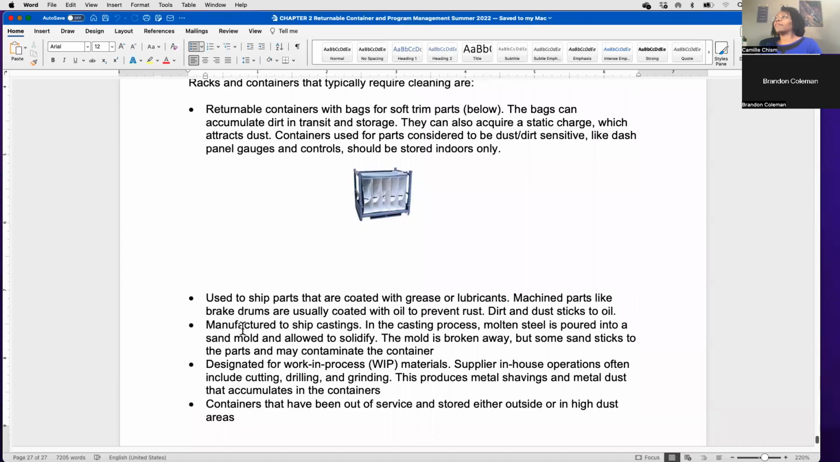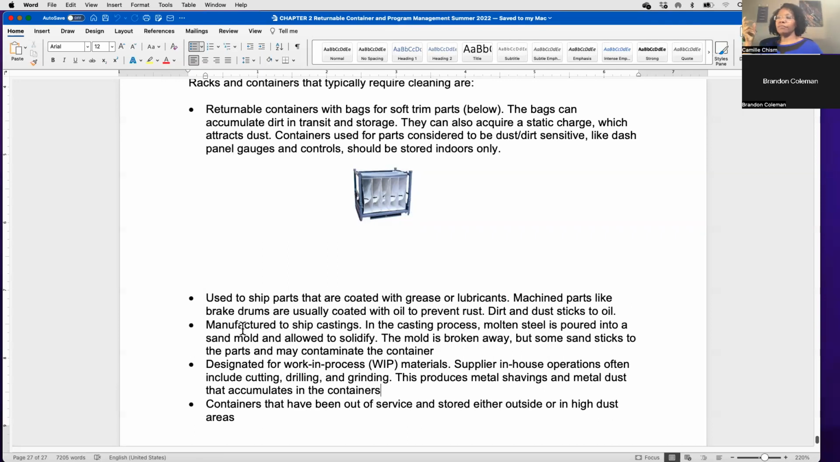Okay, so things to look at, things like oil, dust, metal shavings, things like that can cause a lot of dirty containers. If you have, say, a machine shop that's making machine parts, they'll have a lot of shavings. And if they are using those totes or bins for the WIP, or work in process, inside their plant, and then they turn around and use them to ship the parts out, then you might end up with dirty